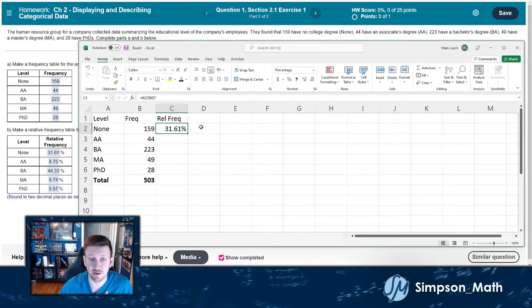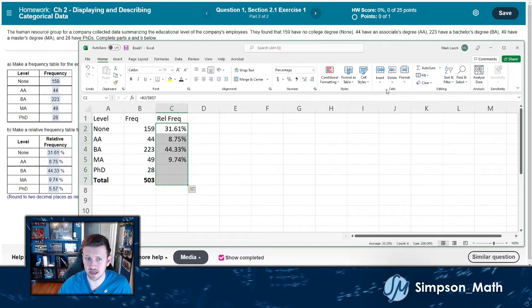Sorry, 3D with white shadow is what it normally looks like, but we just have our black plus. Click that and drag. You can drag in one direction, either down or horizontal. You can't do a rectangle with this. So this way I'm just going to drag down, and this is my fill down shortcut. So now what it did, it's the same thing that would happen if I highlighted and